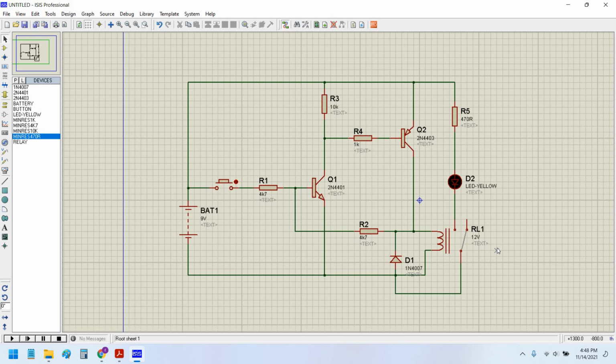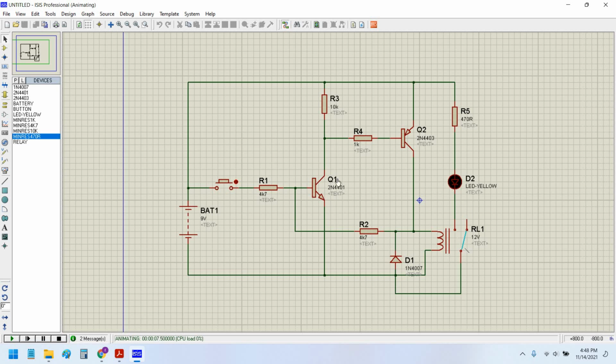Okay, now the circuit is complete, and now I would hit the simulate button. Now let's see what happens. As you can see, the simulation is running, but the LED is not on.